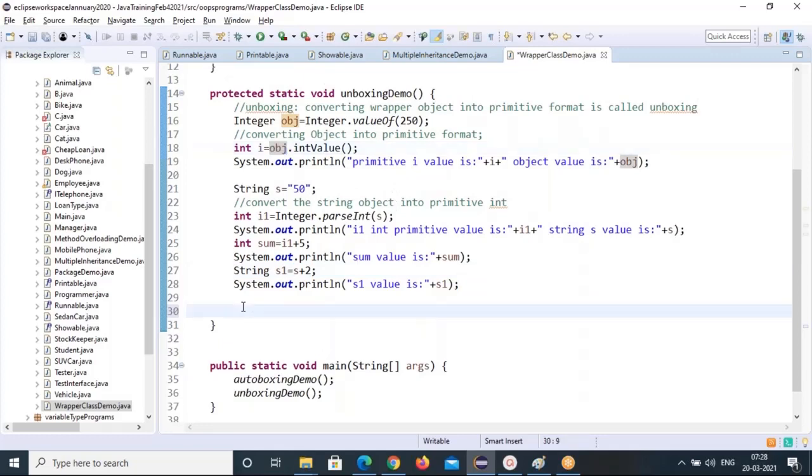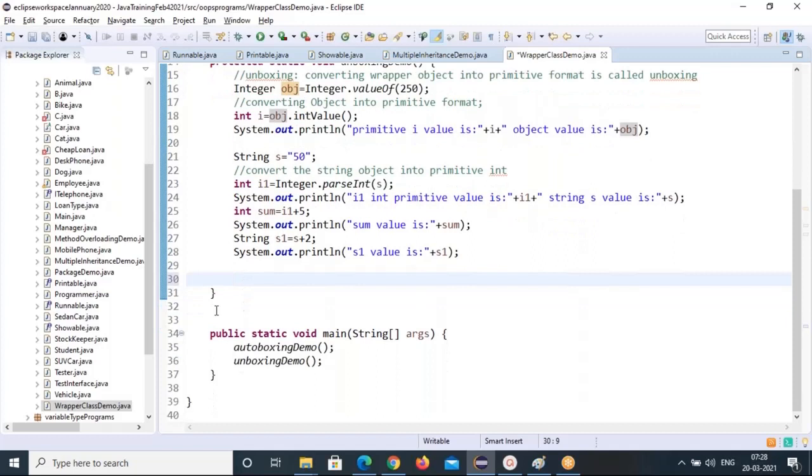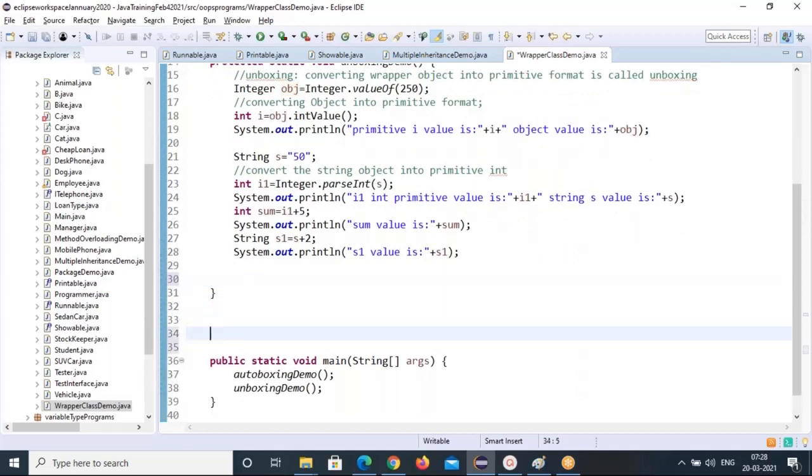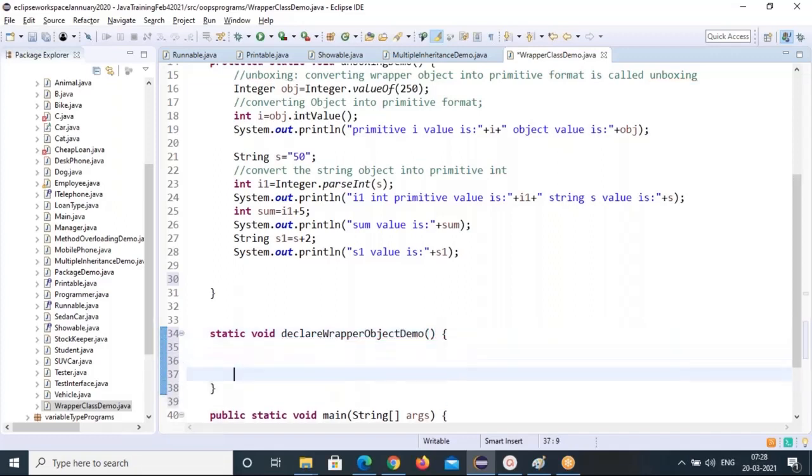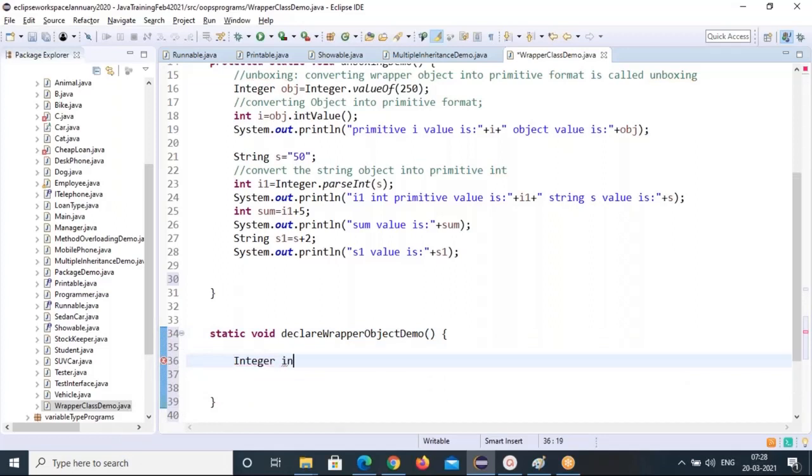So let me give you another program. Static void, declare wrapper objects directly. Declare wrapper objects demo. So I'm declaring wrapper objects directly. See that Integer iobj equal to 10.